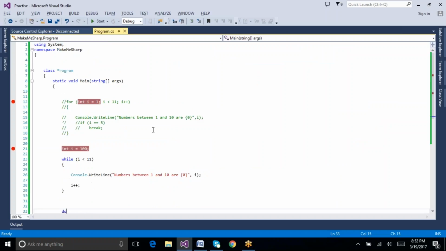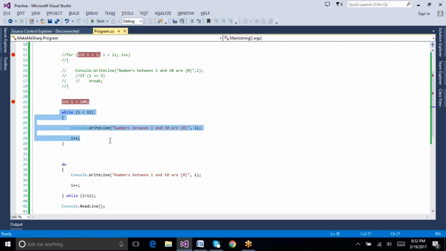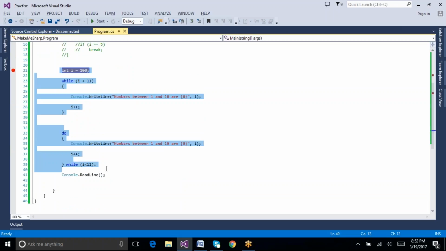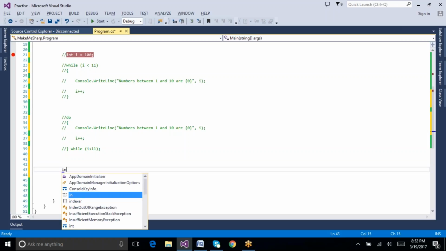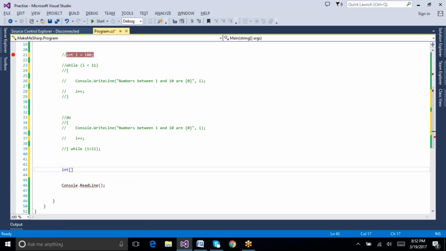Okay. So we have seen the for loop, the while loop, and the do while loop. Now it is time to check the for each loop. Let's try to do the for each loop here. I'm going to declare one array. I will explain the array concept at a later stage, but for now, just understand that an array is a collection of homogeneous data type values. So I'm going to declare one integer array